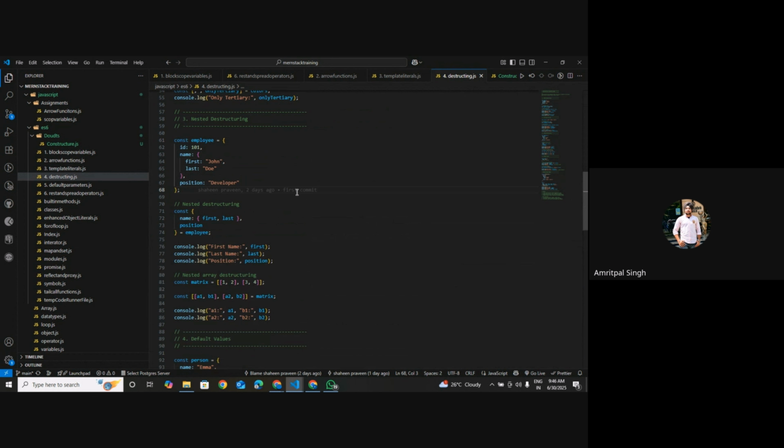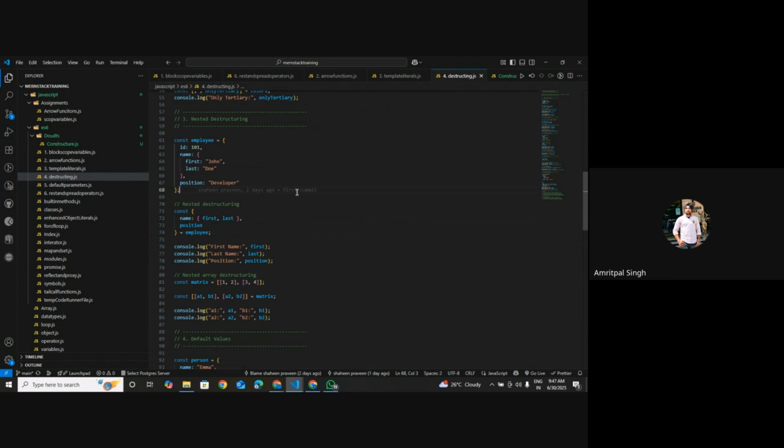So, sir, in this, what we are doing is we have a dictionary format. It is a constant employee with the ID and a dictionary format of name and position. So what we are doing is picking up the values from this employee. We are unpacking it. We are using the name only from this employee, name and positions. And after that, we are just doing console.log. It means we are printing the values. So yeah, that is the main thing happening in this